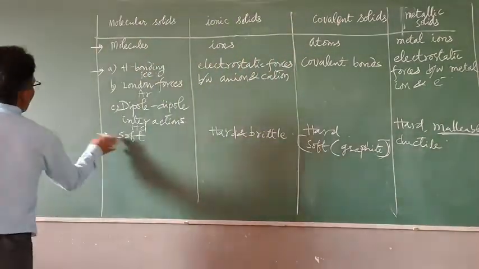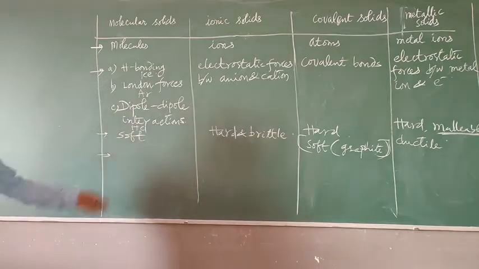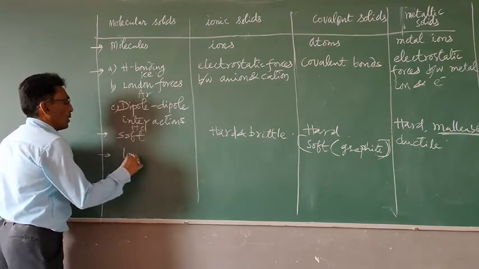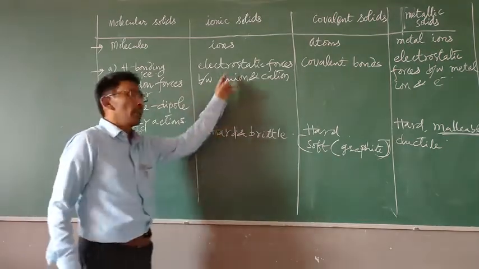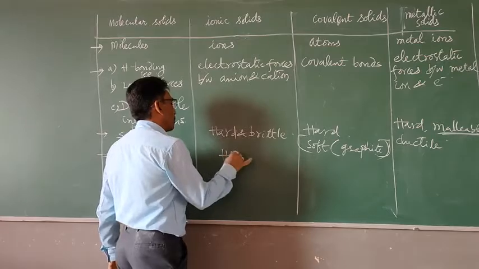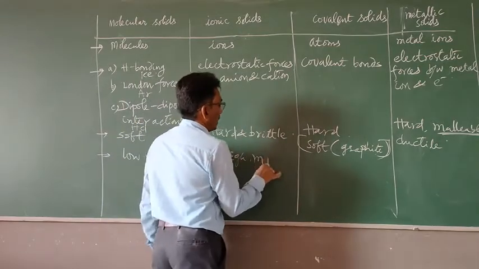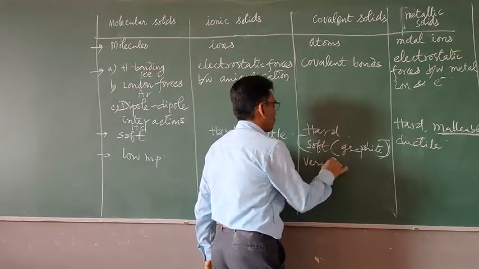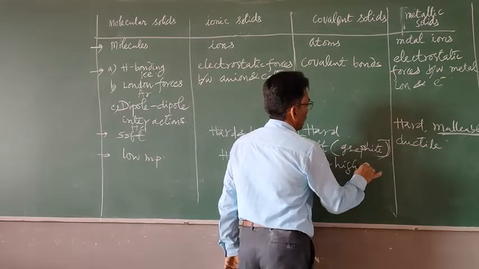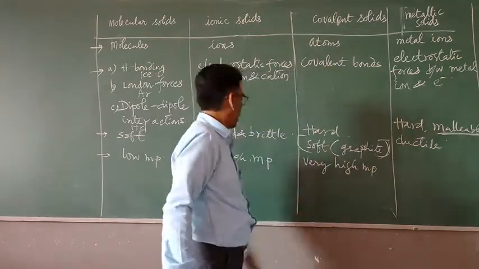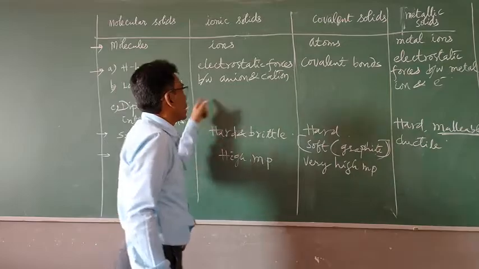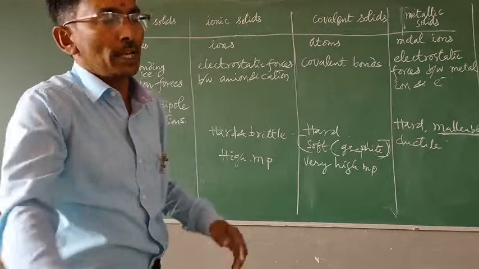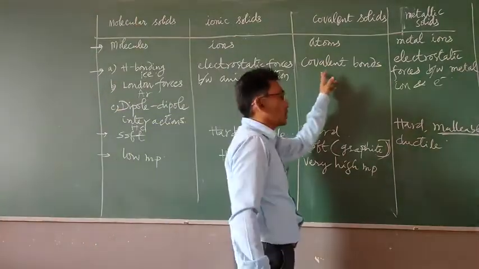After this nature of solid, now come to melting points. How is the melting point of water, ice? That is very low. Low melting points. Here, high melting points. And here, diamond and graphite, very high melting points. Why? Strong bonds are there. Here also strong bonds are there, not as strong as covalent bonds, and many are there, three-dimensionally as network solids.